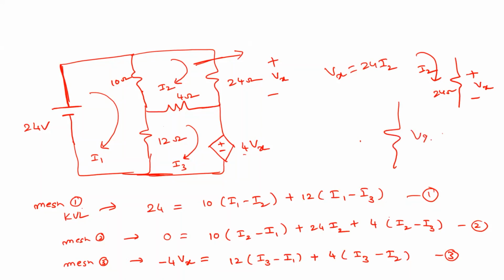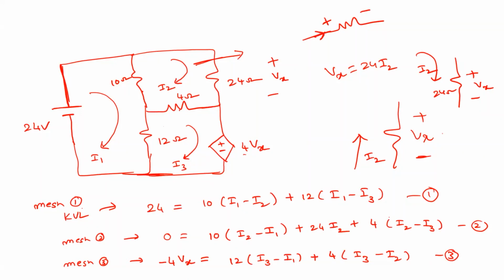Somehow, for example, you have this Vx here. So this is the given direction. But instead of flowing this way, the current is flowing inside like this. If this is I2, so what you will do? Minus. So this Vx equals minus 24 I2. That's all. Clear? Because for a resistance we are calculating the drop across the resistance. If the current is flowing like this, so this is plus minus. If the current is flowing in the opposite direction, so this voltage will be changed.